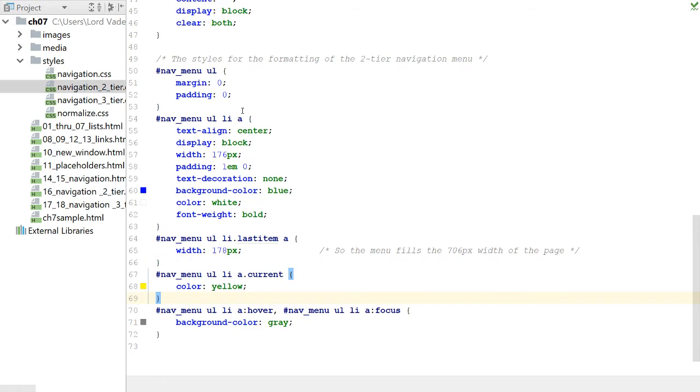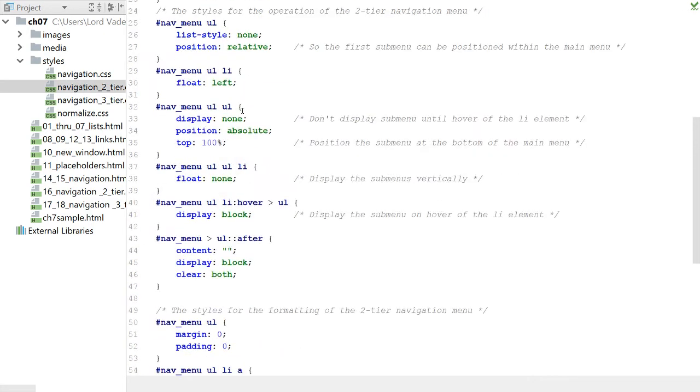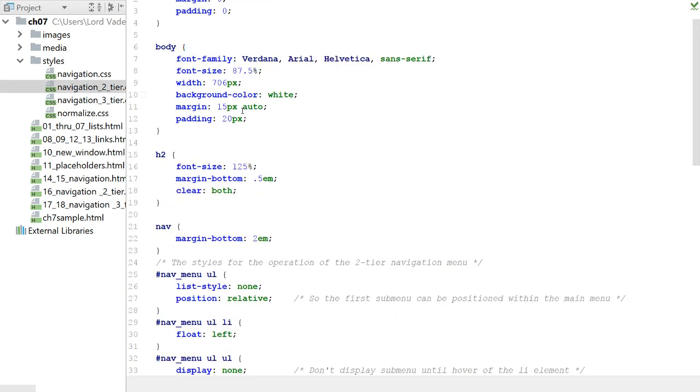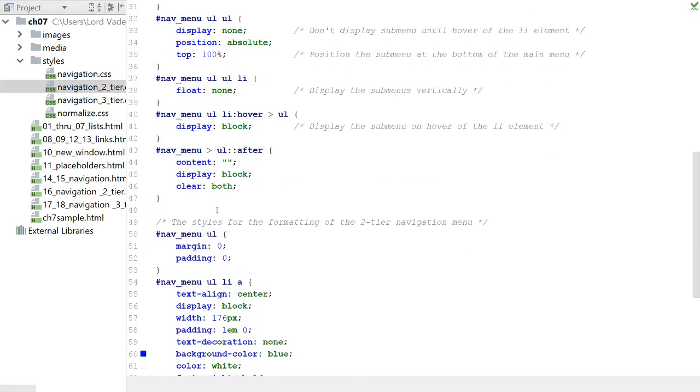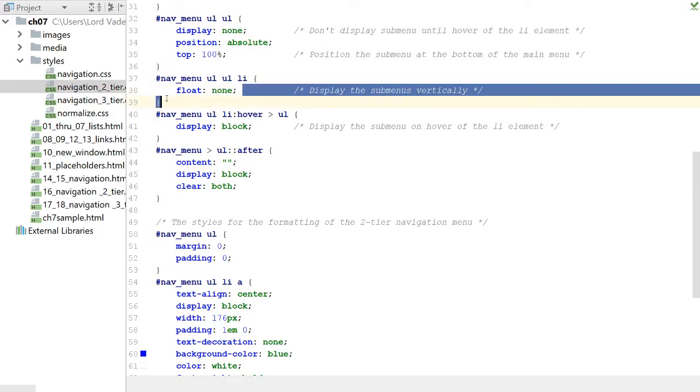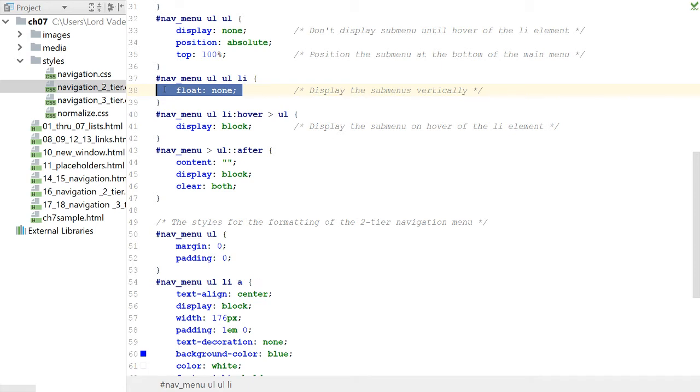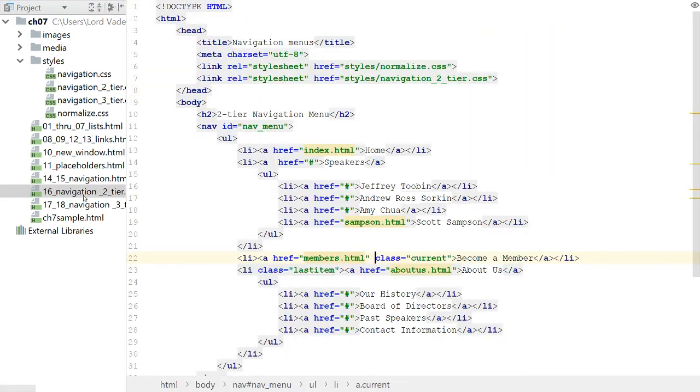The 2-tier, all that's really set up is inside of here. So we're getting there, and because the sub menu is setting them to none, that's no longer floating. If I was to come in here and make that say float left, and then go back here and take a look,